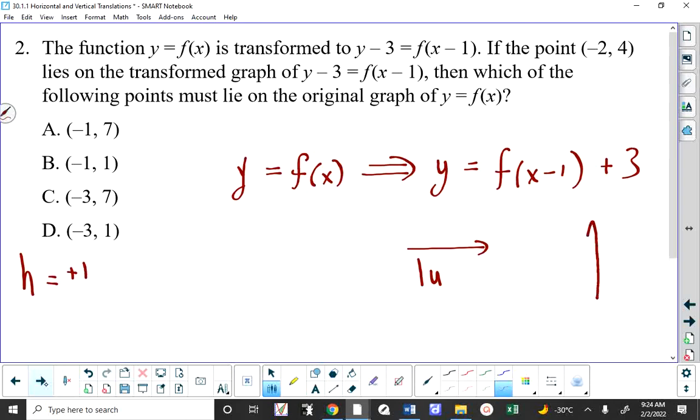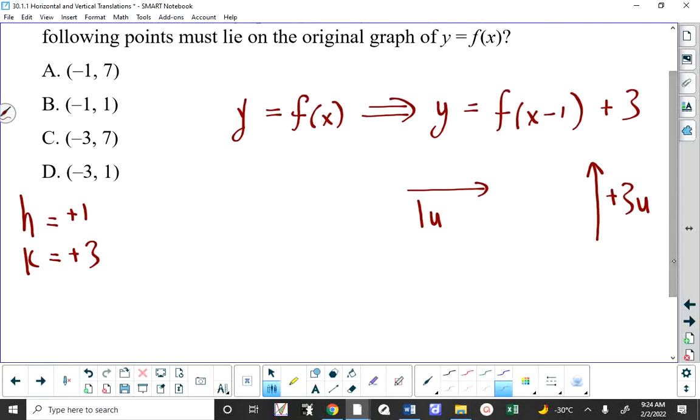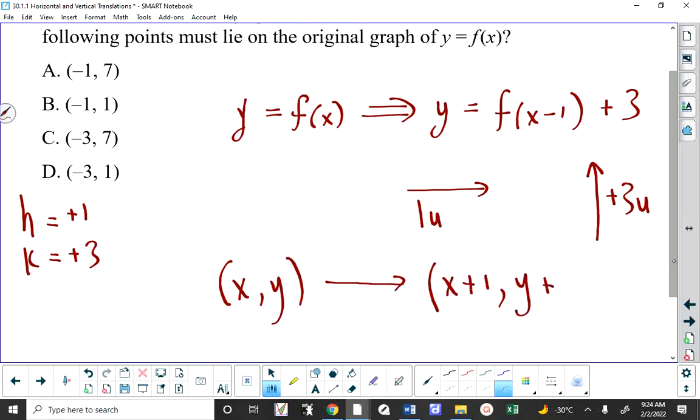Looking at this, I hope everybody sees that this is shifted 3 units up, and that means k is positive 3. But the issue here, when I say this, it can be confusing because I'm writing this stuff underneath this function. What's really happening is the original function is being shifted 1 to the right and 3 up. And that means that the mapping is a point on the original function maps to x plus 1, y plus 3 on